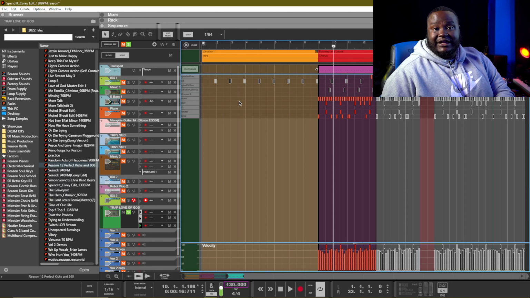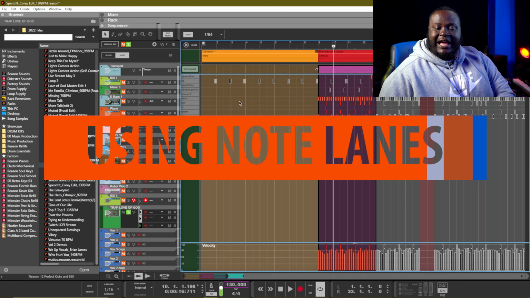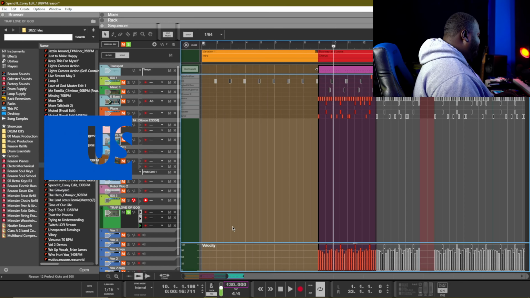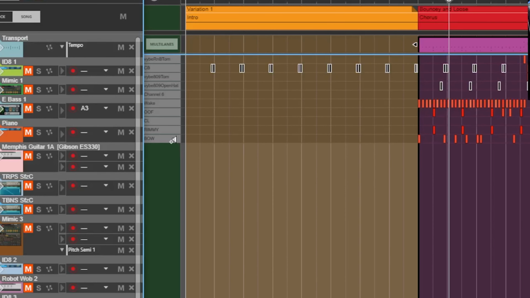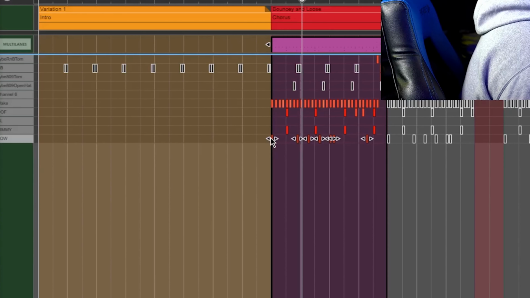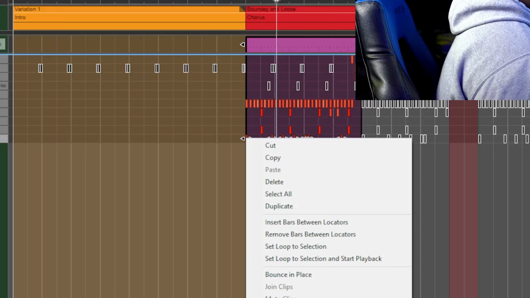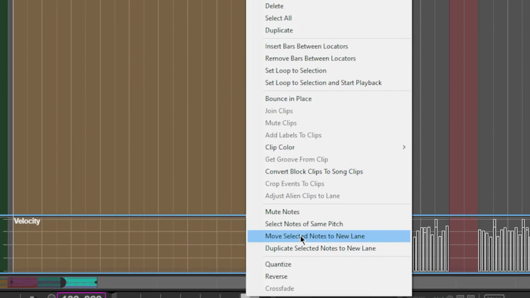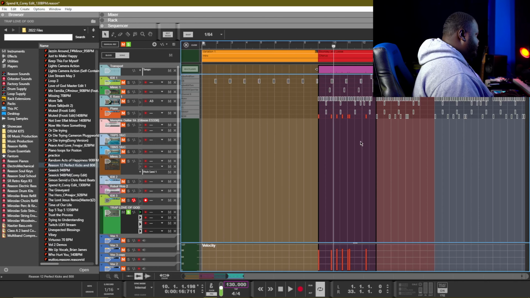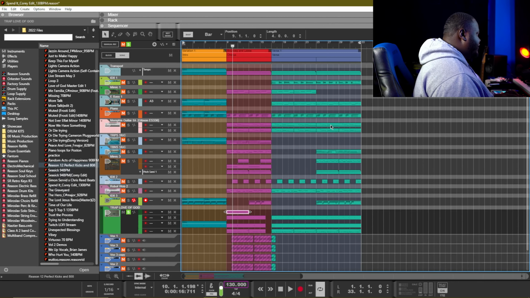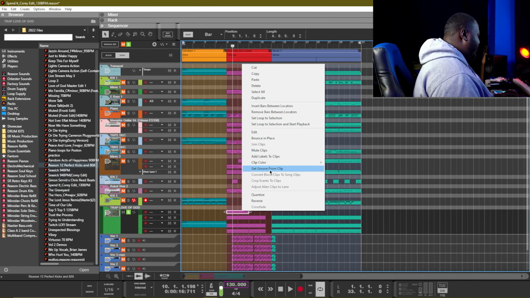And of course we can leave it like that if you want, or you can do a little bit more organization and you can separate each of those drum sounds into their own clips. Let's double click the clip, then we will double click the drum sound, and then we will right click on one of the notes and hit move selected notes to new lane. So now we have moved all of these notes to a brand new lane,